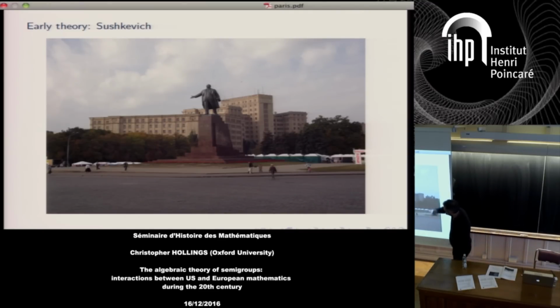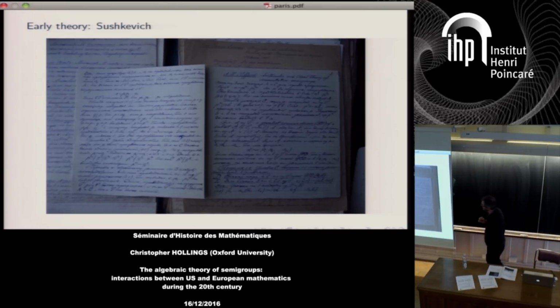There's a room in the university here where they keep an archive of various materials relating to former members of staff. And there's a bag of papers written by Šuškevič, which are his notes on various papers that he's read. They are meticulously dated, so we know when he read them. And the work of the postulate analysts is among this material. As I said, I've had copies of this for years and not realized what I had. So suddenly I think that this influence is there and I need to do something else with it.